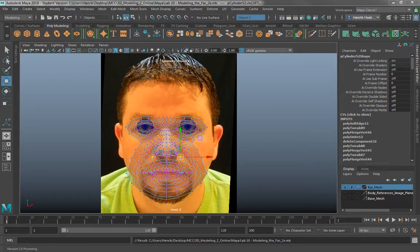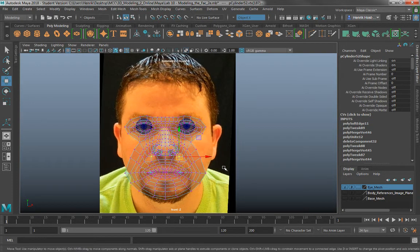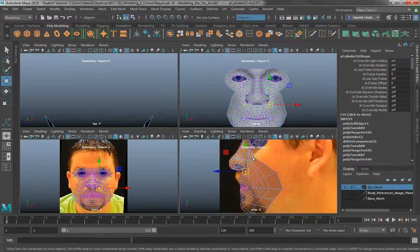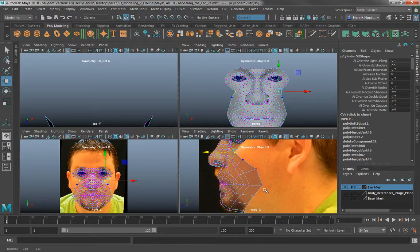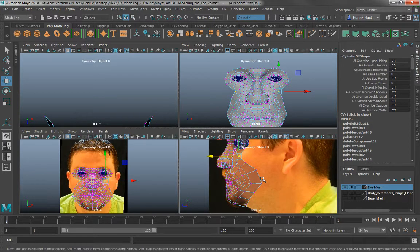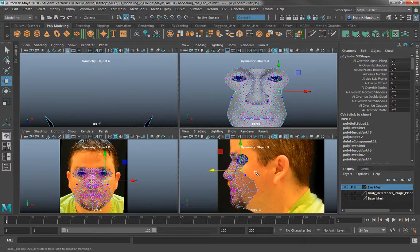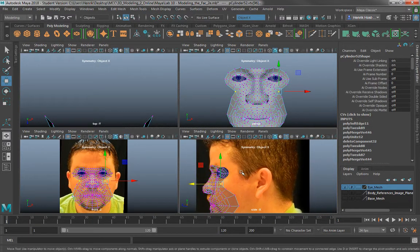Alright, so now that we're up to this point, we're ready to begin modeling the back of the head as well as the ears. So, and I'm just going to bring this back just a little bit. That's the cheekbone right here. Knowing anatomy really helps, especially in the face region, but not absolutely required, at least for